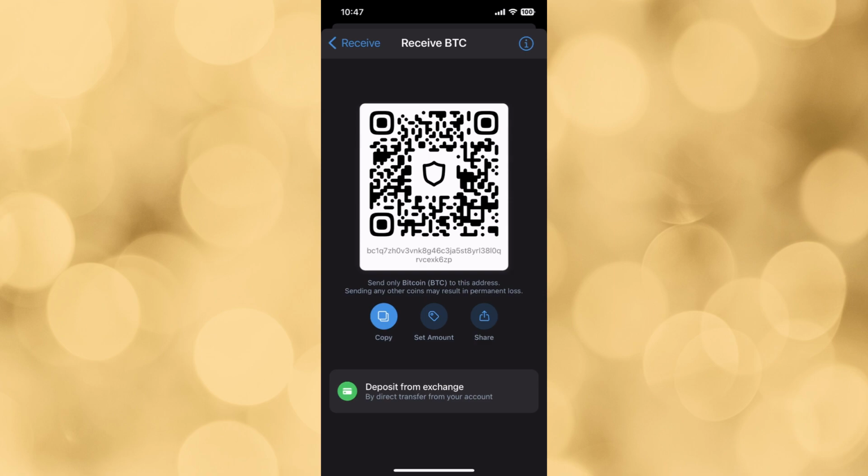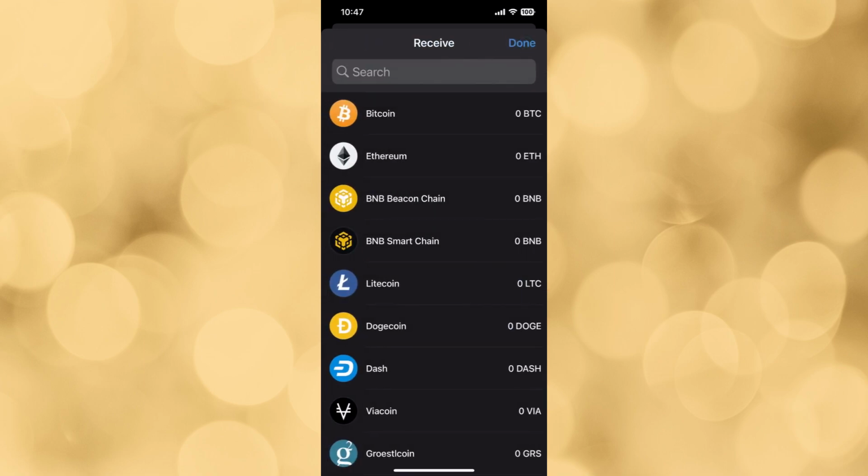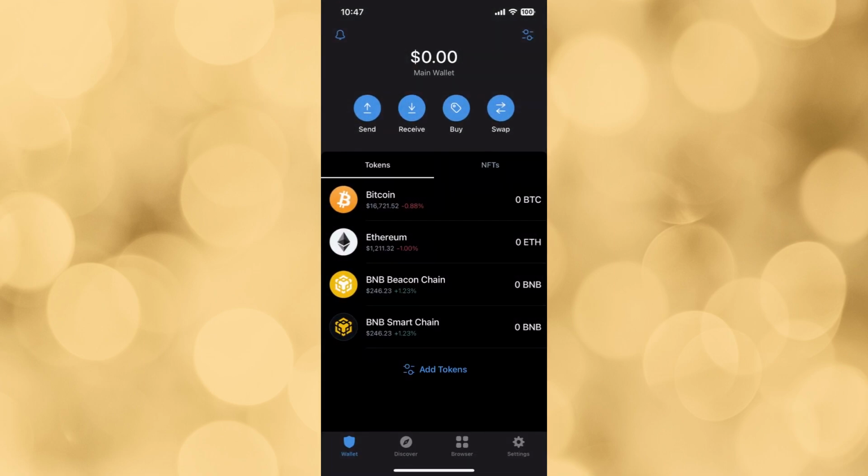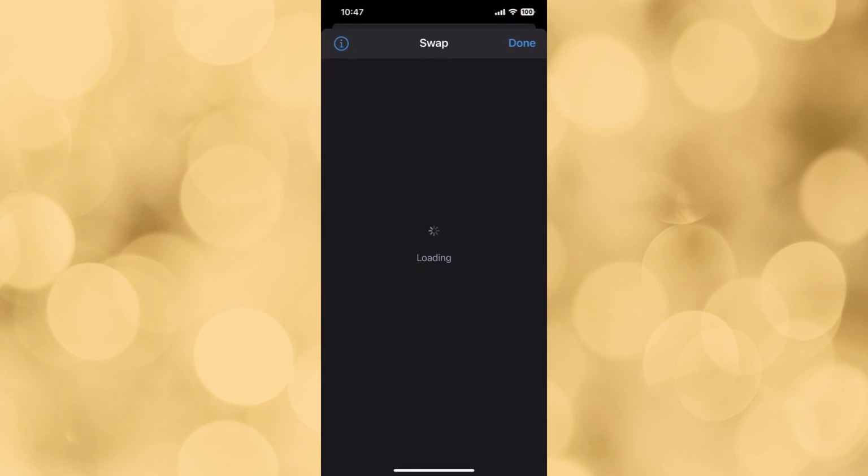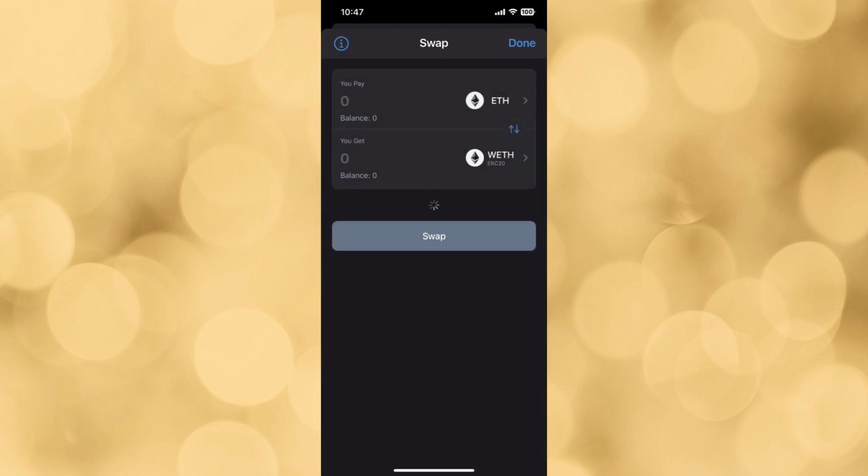So if you don't have a QR code device or anything like that, just press on it with your finger, and now the address has been copied, and you can paste it anywhere else where you want. And of course, you can also buy cryptocurrencies, or you can swap them, and you use the swap that the Trust